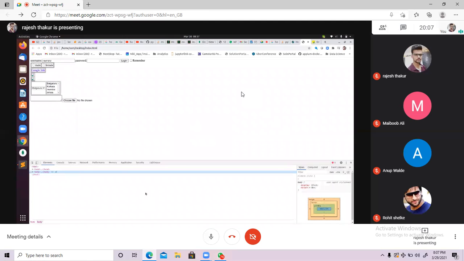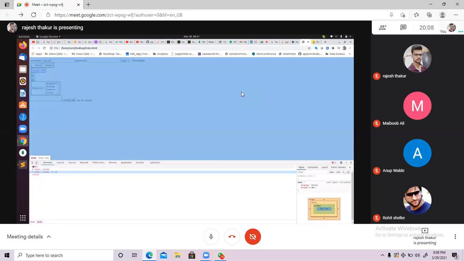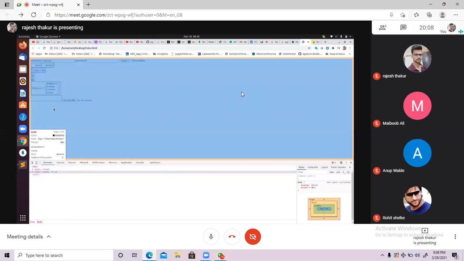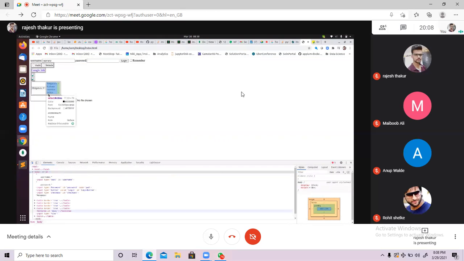Now, first thing first, what do we have to do? We have to identify the element. We have to identify this text box, right? So how to identify the element, the text box? First thing, you have an option like select element. You can see here in the corner side. Just click on select and see, wherever I do the mouse over, that thing is getting blue.